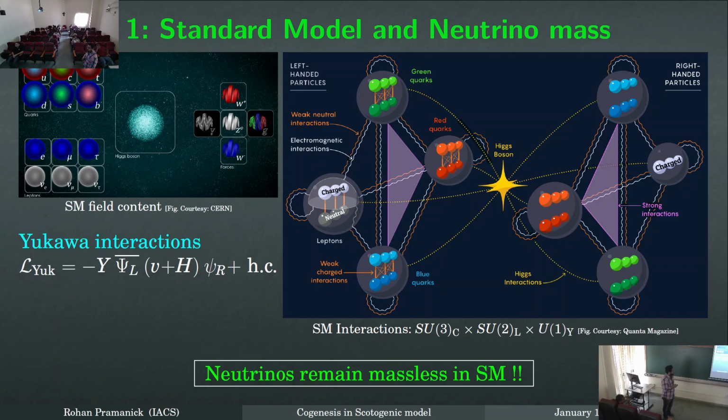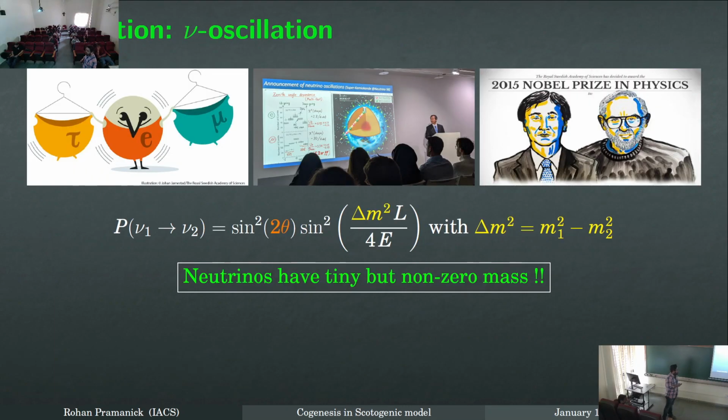But you see that to write down a Dirac-like mass term, you need to have both the right-handed and the left-handed counterpart of the fermion. And due to the absence of the right-handed counterpart of the neutrinos in the standard model, as you can see, there is the right-handed sector, and there is no neutral part. So as you can see in this cartoon, there is no Dirac-like mass term for the neutrinos in the standard model, and neutrinos are massless. But we have certain observational evidences that suggest neutrinos should have some tiny but non-zero mass,